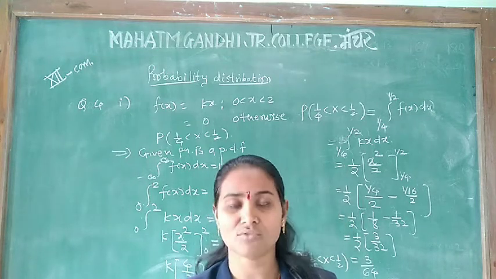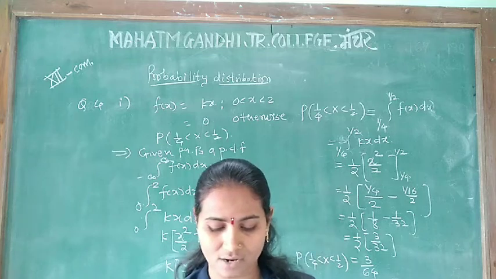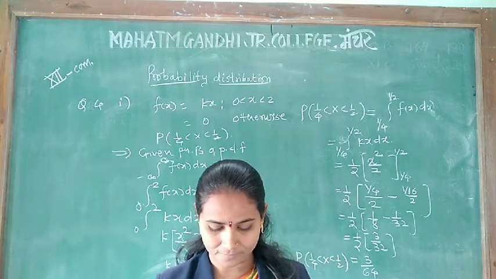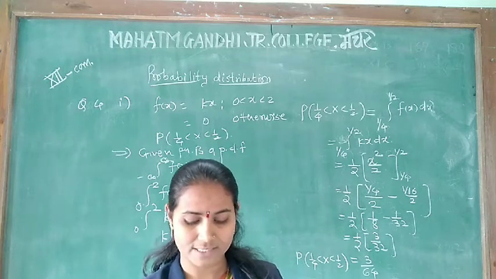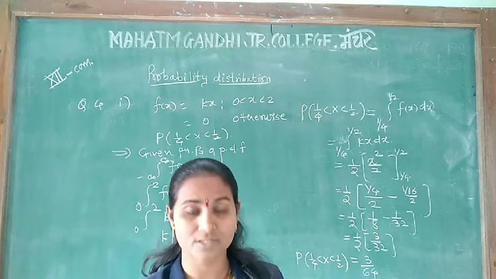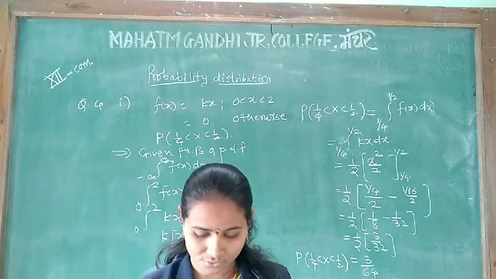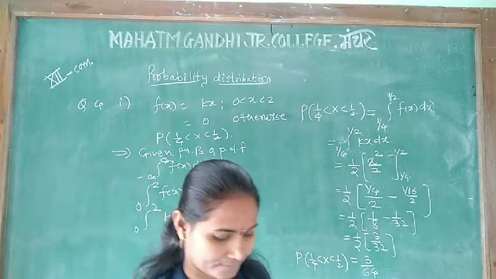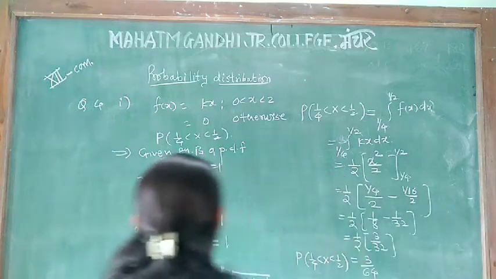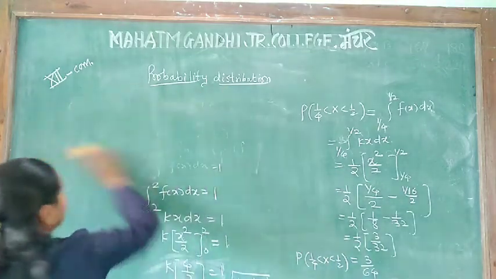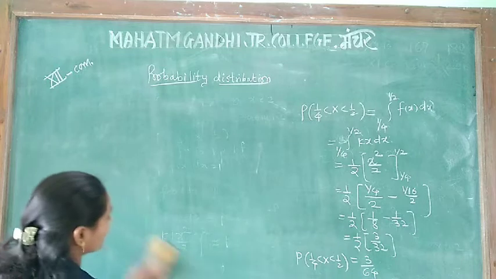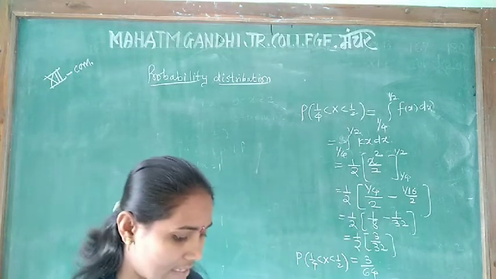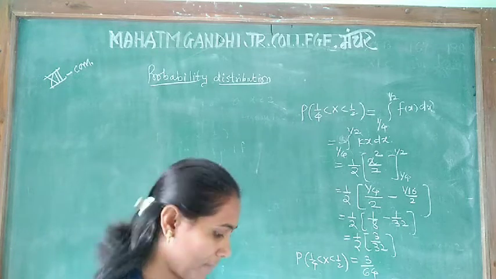Let x be the amount of time for which a book is taken out of the library randomly, and suppose x has a PDF. What is given here? F of x is equal to 0.5x for x between 0 and 2. Calculate P of x less than or equal to 1. The second question in example 4, you should try to solve, which is again the same as the first question.